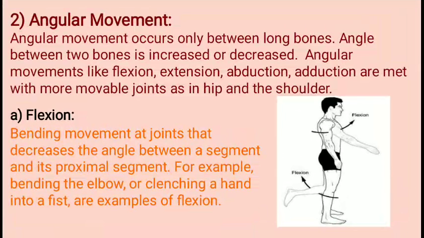For example, bending the elbow. If you have both hands straight, and you bend your arm from the elbow, then at the elbow joint you can find the angle decreases. So it is considered flexion. Again you come back to the normal position, that becomes an extension. The examples given are bending of elbows or clenching of the hands into a fist, which are examples of flexion. So here you can see in the picture,